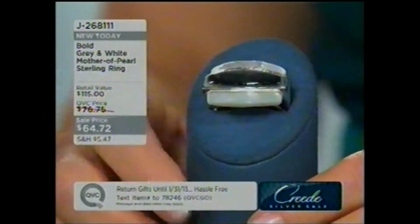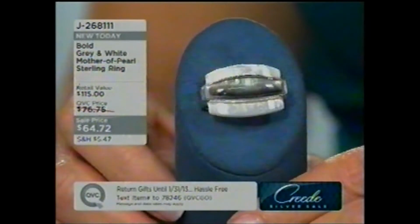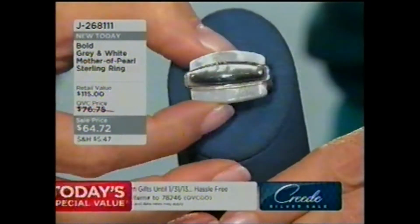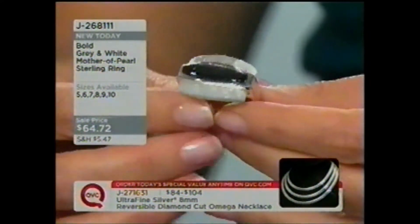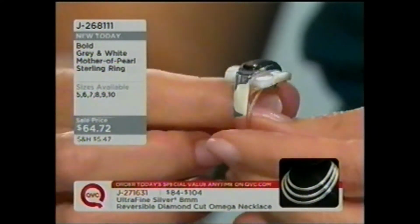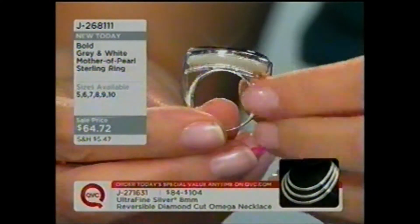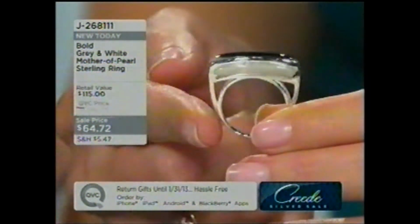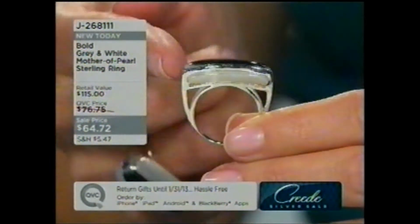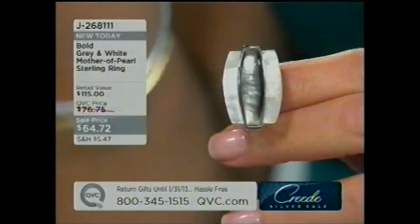So let me show you. This is a great look of this black and white, but it's actually gray and white mother of pearl set in this bold presence of sterling silver for $64.72. We have sizes 5 through 10 available for you. And what you'll notice is a very sculptural setting to this. So nice high polish. You get, of course, the wedding band style right in the center, but to give it that very contemporary look, it goes up to the rectangle, in really a fancy cut mother of pearl,